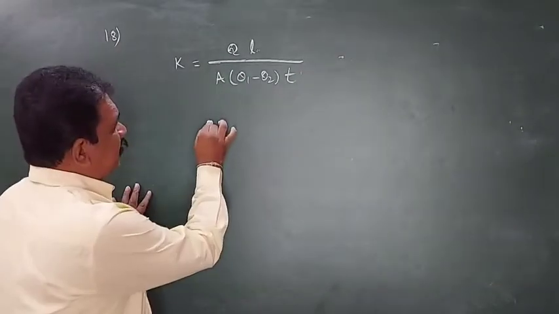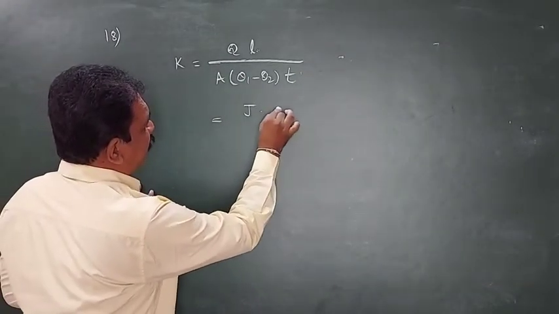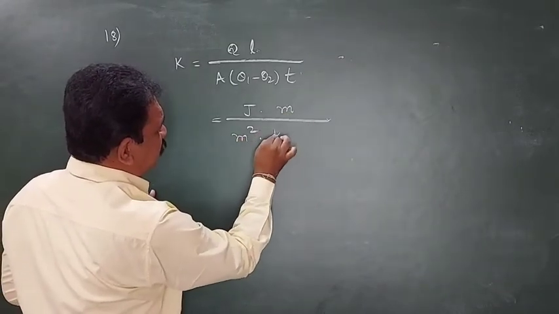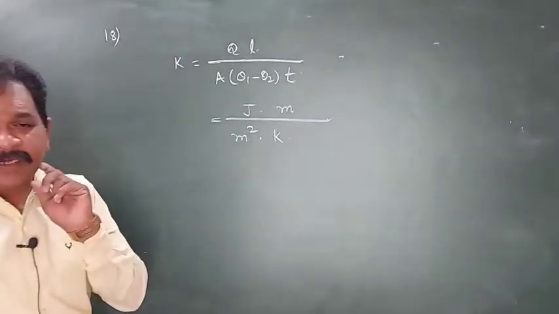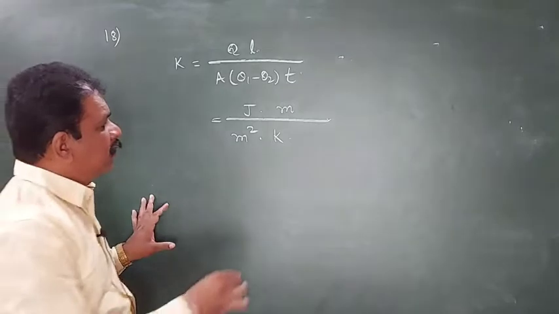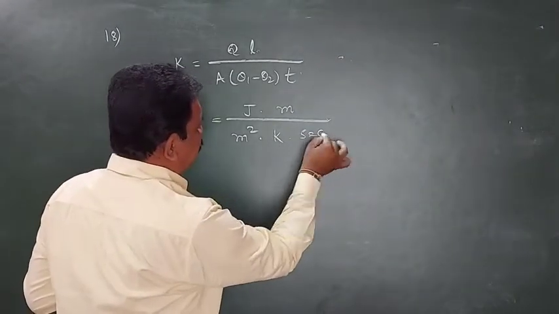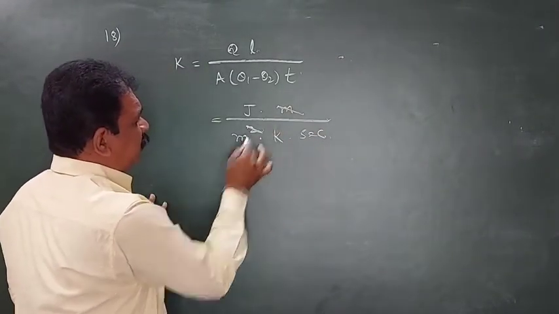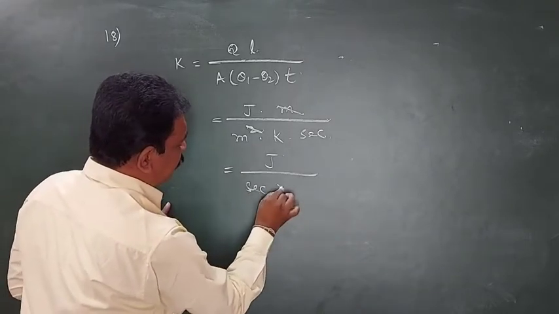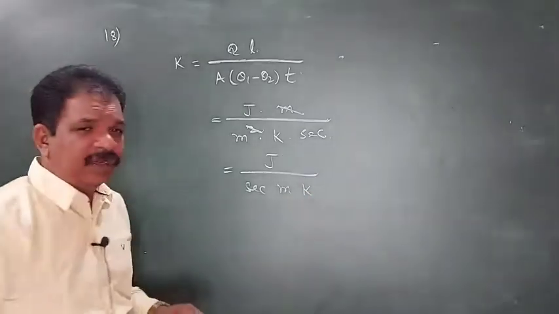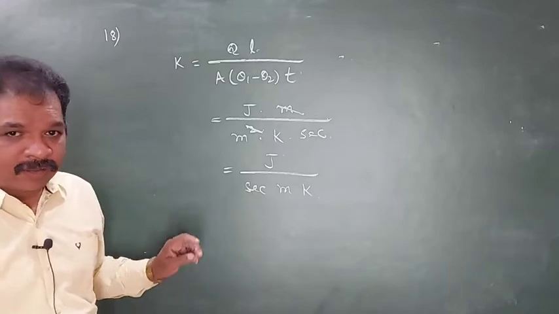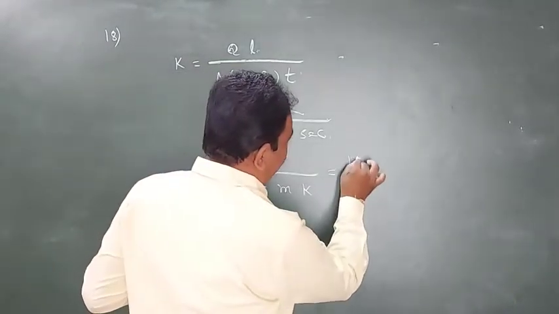Q means heat energy, joule. Length means meter. Area means meter square. Temperature difference and temperature will have the same unit, Kelvin. Time, second. 1 meter will cancel. So joule, second, meter, Kelvin. Joule per second means watt. So this will be watt